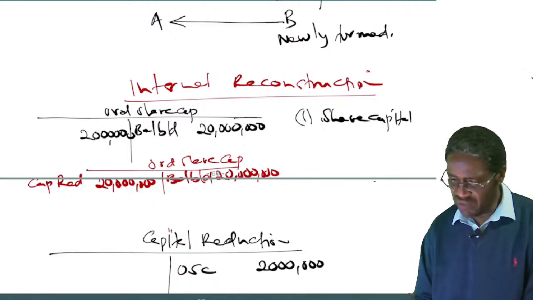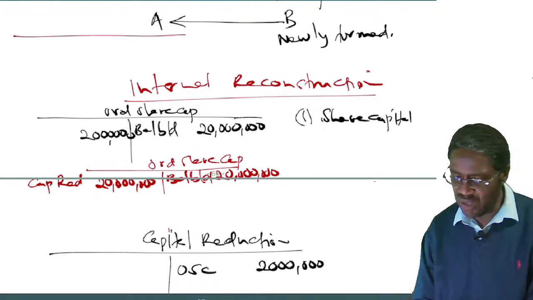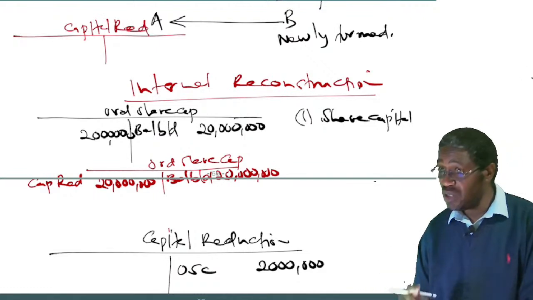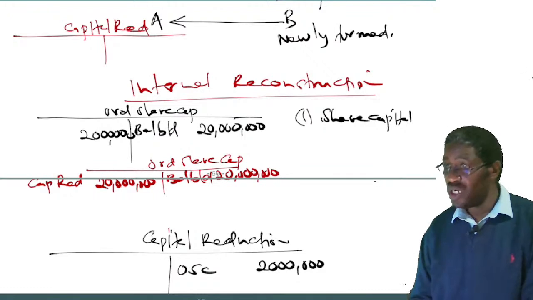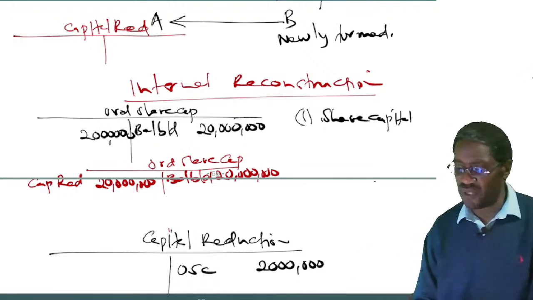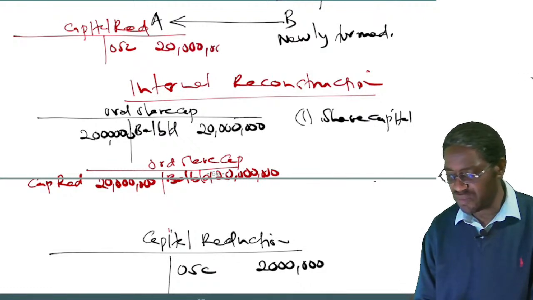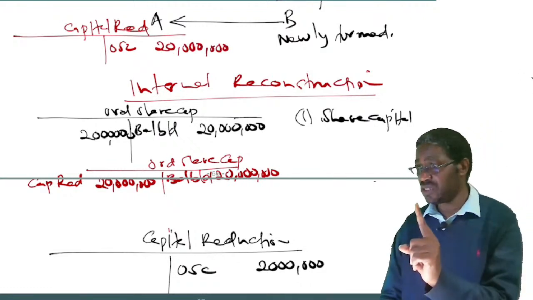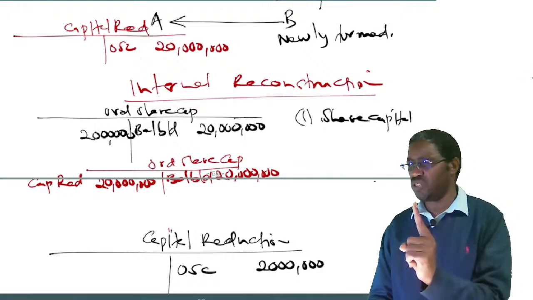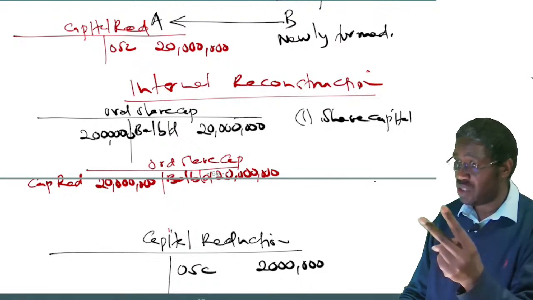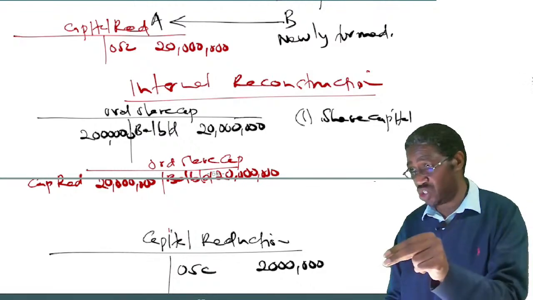You will debit, let me put it somewhere here so that I get enough space. I want to squeeze it somewhere here. Capital reduction. So we have debited share capital and we now credit capital reduction. You say your ordinary share capital, 20 million. Then they have agreed to replace the old shares by issuing another 2 million shares of 9 shillings each.